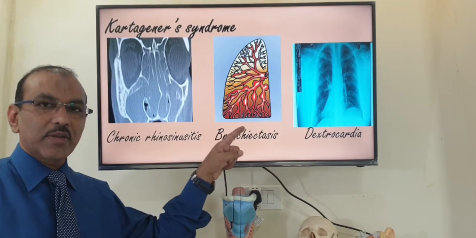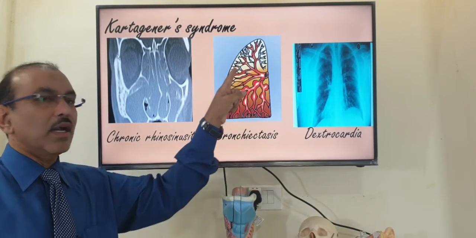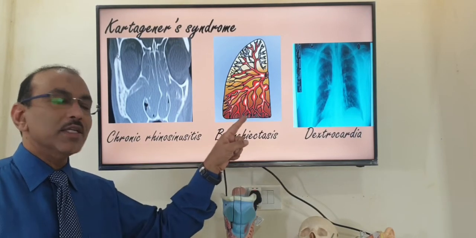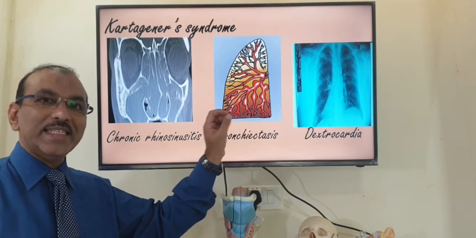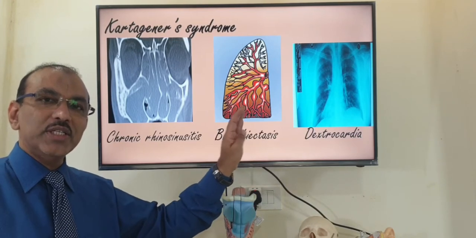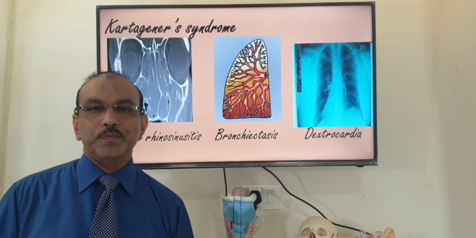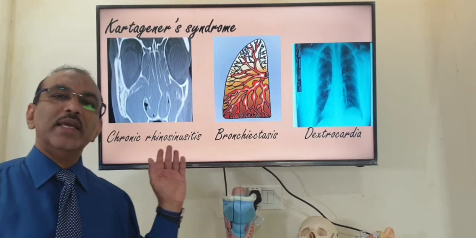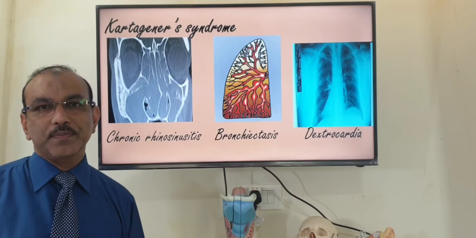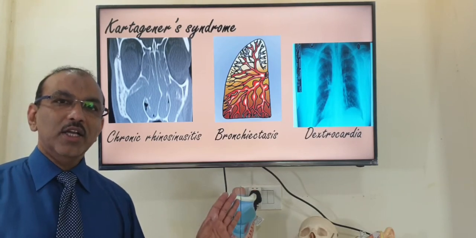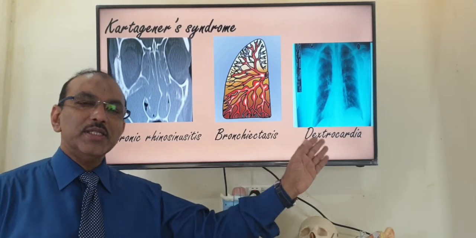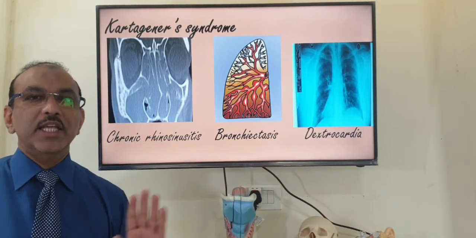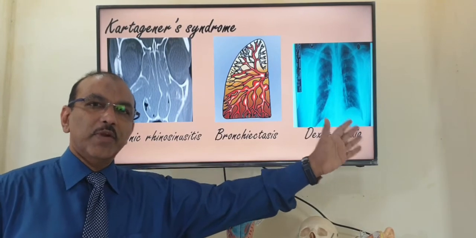If you see the structure of the lungs, the outer part looks a certain way, and the same has to be in the lower part also. But the walls of the bronchus are all destroyed and dilated, and buildup of secretions leads to pus formation also. So you have recurrent chest infection too, just like rhinosinusitis. Along with that, in these patients the heart, instead of being on the left in the normal position, will be on the right side. That is usually seen in 50% of the patients.